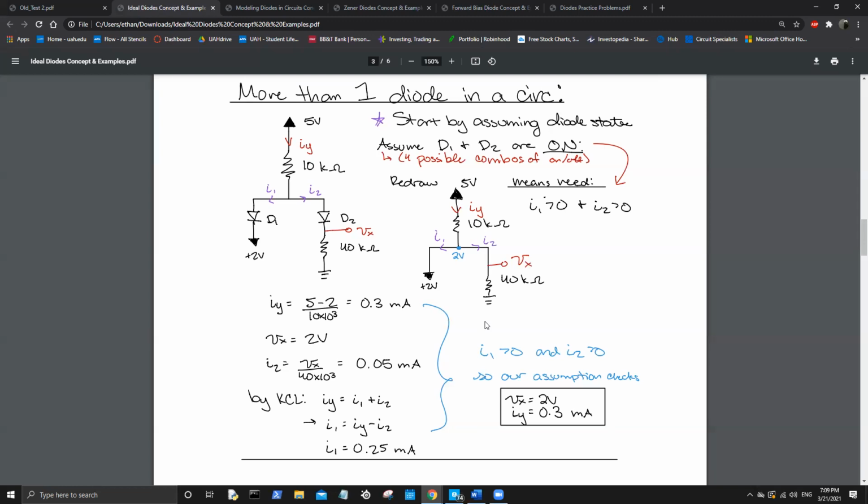Traditionally, you would assume ideal diodes. It says start by assuming diode states. So assuming ideal diodes, there's no voltage drop. If you have to assume a voltage drop, stick with 0.7 volts per diode. So in this case, you would have a 0.7 voltage drop across D1. Therefore, the voltage drop across